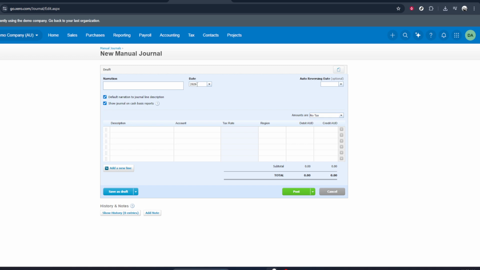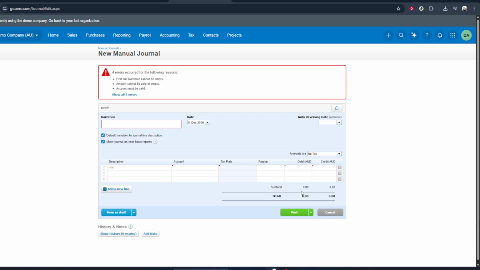the correct financial period. After setting the date, you would normally continue by entering the relevant accounts, debit and credit amounts, and a clear description, and then either save or post the journal. The key thing is that every manual journal should be carefully dated so that your profit and loss and balance sheet reflect the true timing of your transactions. And that's the basic process for creating a manual journal in Xero. Go to Accounting, open Manual Journals,